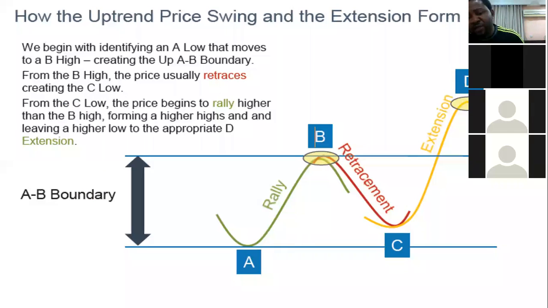We have retracement, we have rally, we have extension. A to B, support to resistance, that range is the rally. At resistance, it retraces, somewhere between 50, 61.8 or 78.6, before 100, before A,